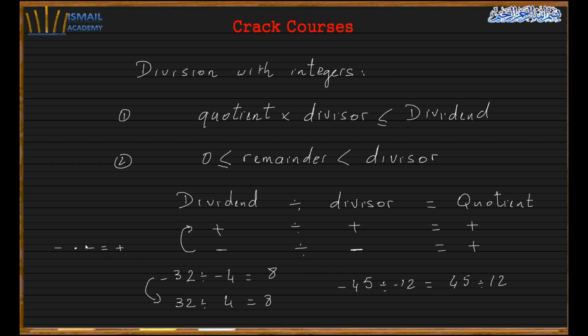You see, use the property of the rule of sign. So negative and negative is positive. So when I switch this, I switch both at the same time. And if I have